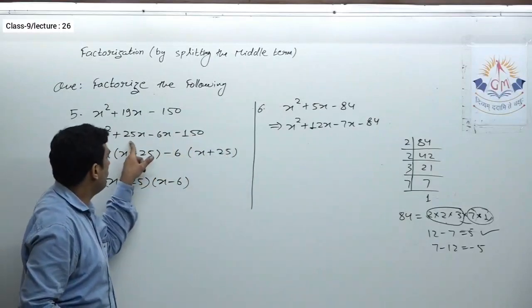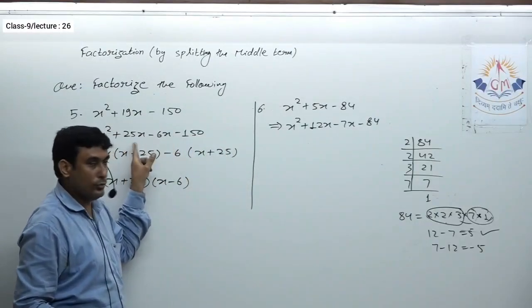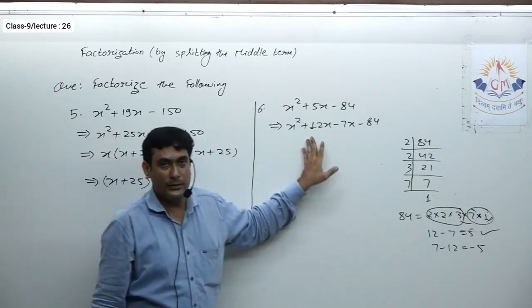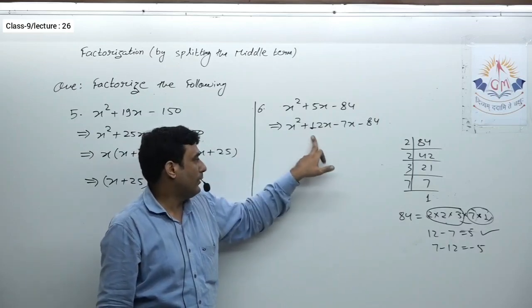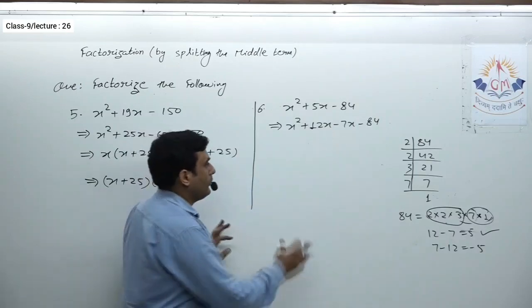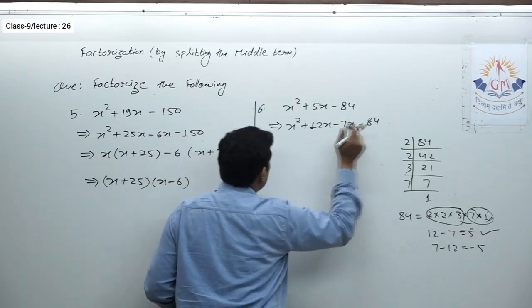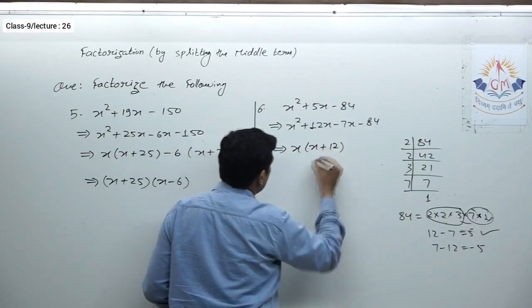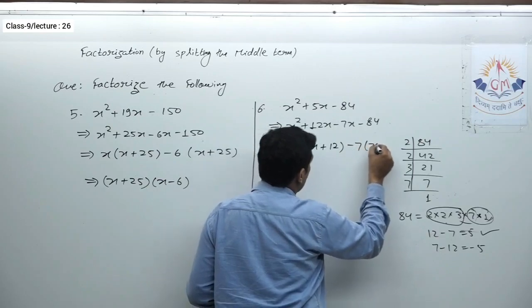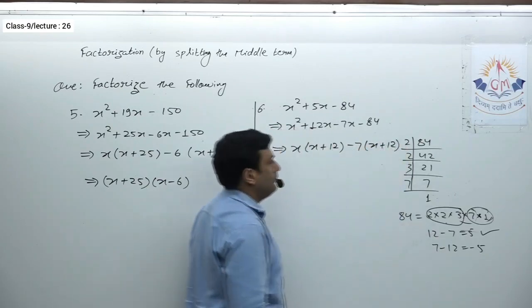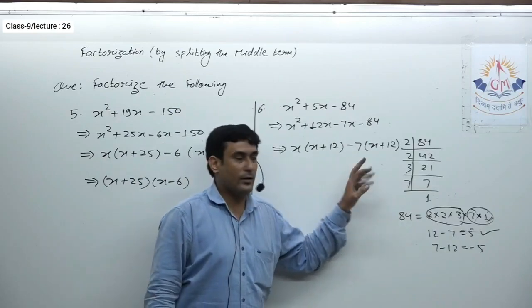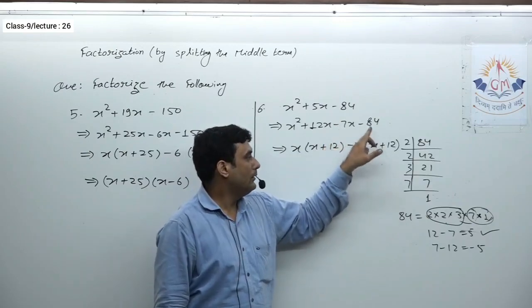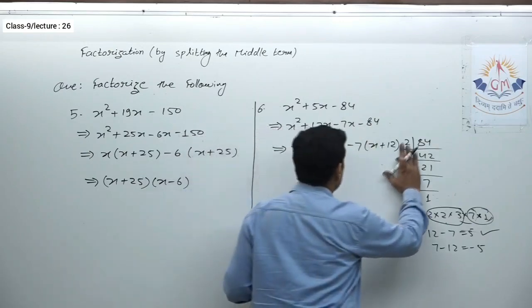See, over here I forgot to remind you to multiply these two to check whether their product equals the product of first and last. Here you can check 12 into 7 is 84, and 12x minus 7x is minus 84x square, which is actually equal to the product of first and last. Now from these two I can take x common, so here x plus 12. From these two I can take minus 7 common, so definitely here should be x plus 12. You can verify yourself by multiplying: minus 7 into x is minus 7x, minus 7 into 12 is minus 84. So these are the factors.